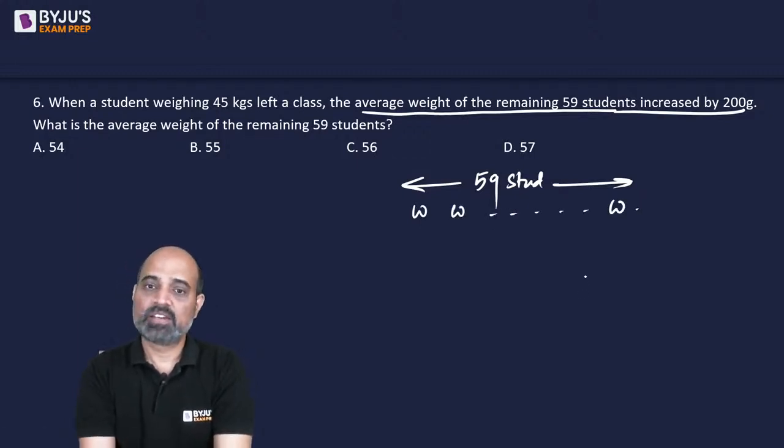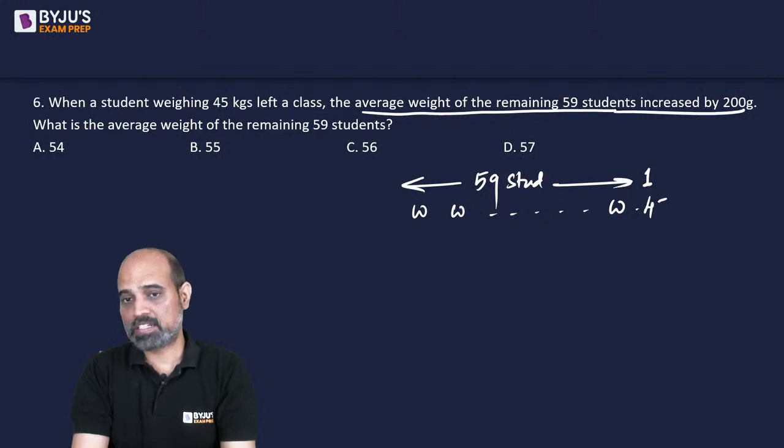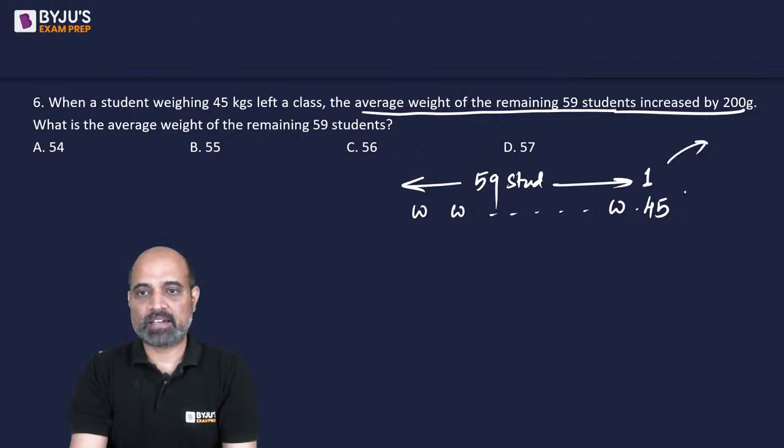Okay? And then there was this one guy, 60th student, who weighed 45 kgs. It says that कि जब ये गया, when this one guy leaves, then the average weight of these 59 students